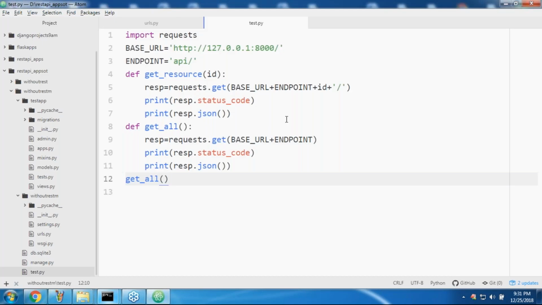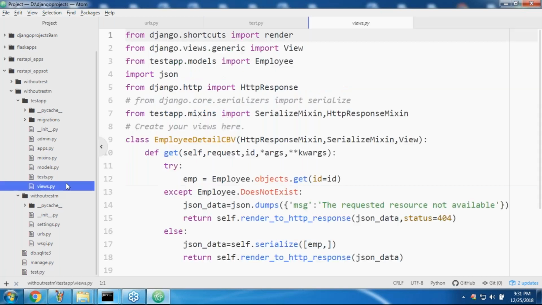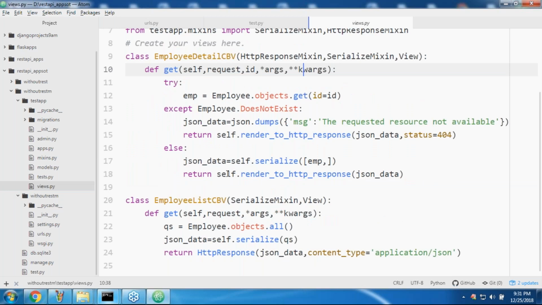Sir, what is the next scenario we have to take? Sir, what about the get request? How can you use it? What about the create request, the post request? Retrieve is already completed: retrieve a particular record, retrieve all the records, we covered that already, right? So now my next scenario is how to use the post method, how to use create. You have to be clearly aware of this, right?